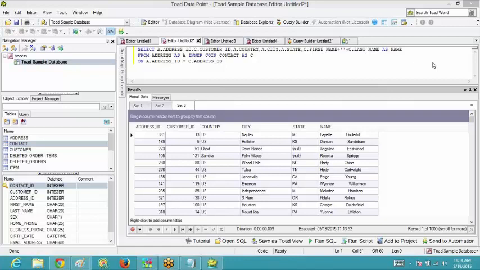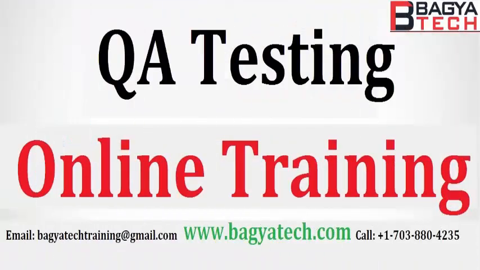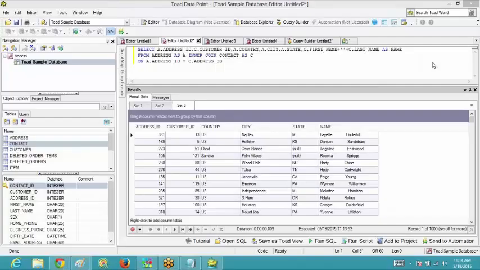Done? Kavita, you're not able to execute. Is it throwing any error? Then paste your query over here. Okay, Rajesh, you can also paste your query. Or is it done? You said yes, so I thought that you are also having a problem in executing. Okay, Rajesh. Kavita, paste your query. Okay, there it is.